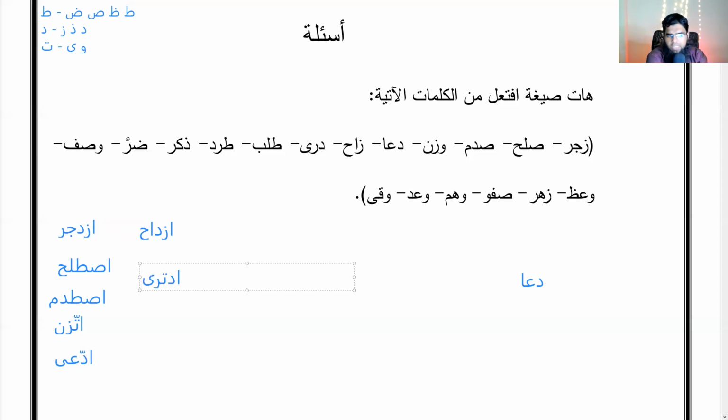Iftala, and this will change into dal. So 2 dals and we'll do this thing. Iddara. Correct? Similar meaning, I guess, even this, because it doesn't mention from dara. Adra is to make someone know. Wama adraka, and so on. Very common, no? To let someone know. So iddara is also similar.